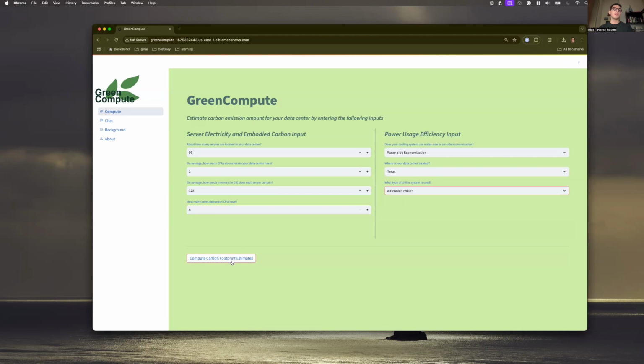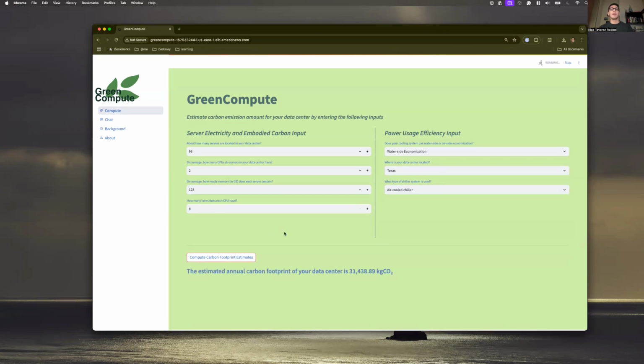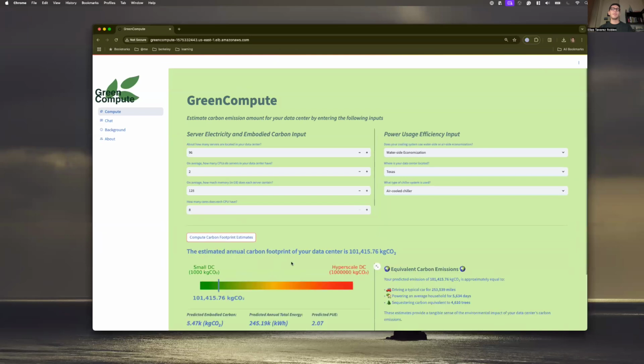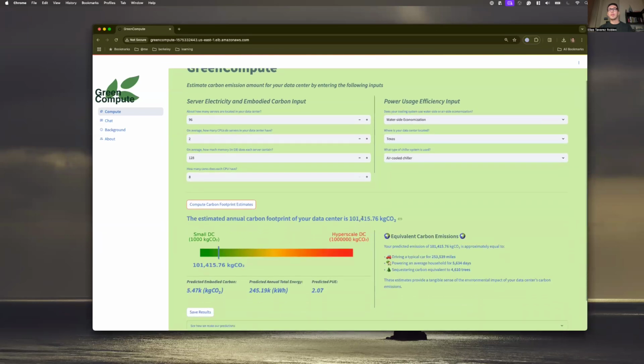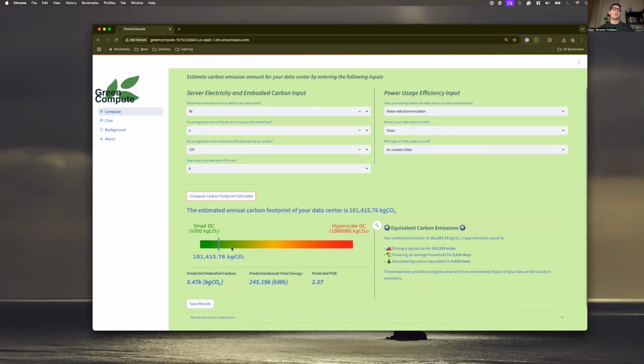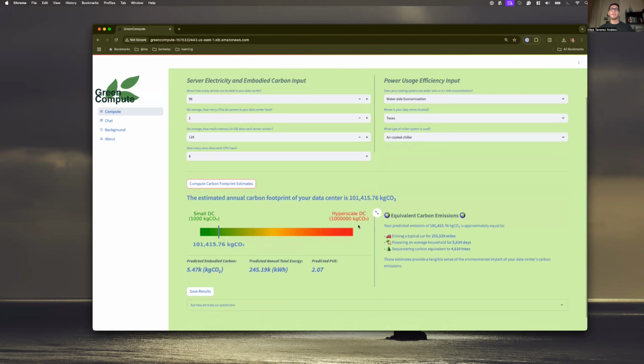We can then click on compute carbon footprint estimates, and we see that the estimated annual carbon footprint of our data center is 101,000 kilograms of CO2. We can see where we land from a small data center to a hyperscale data center. And we can see that we also get the predicted embodied carbon, the predicted annual total energy, and the predicted